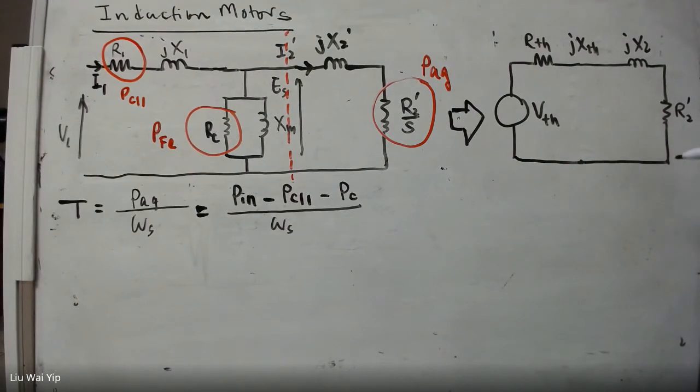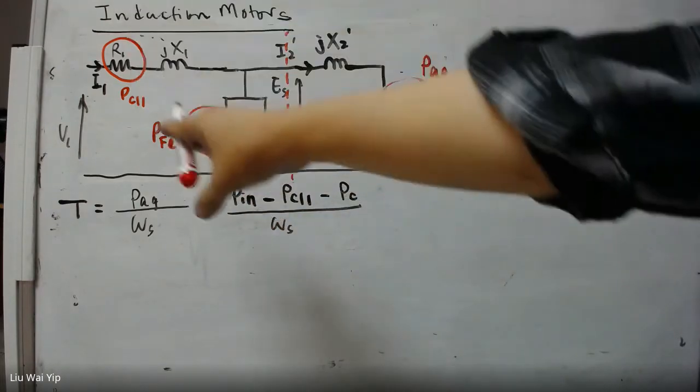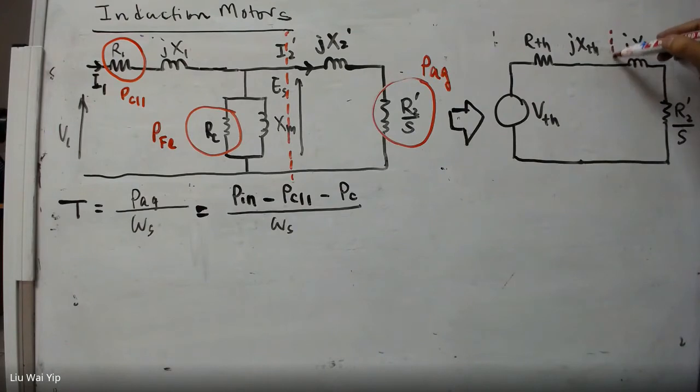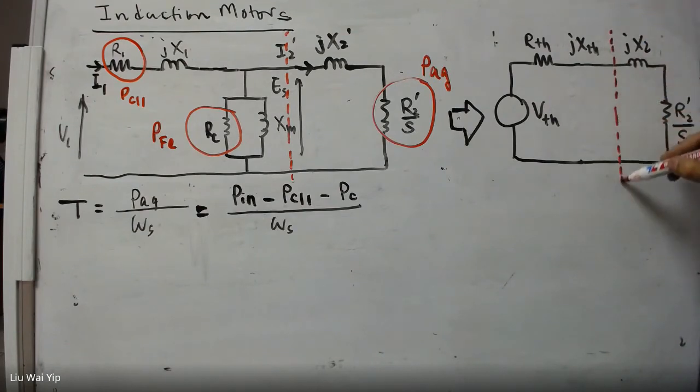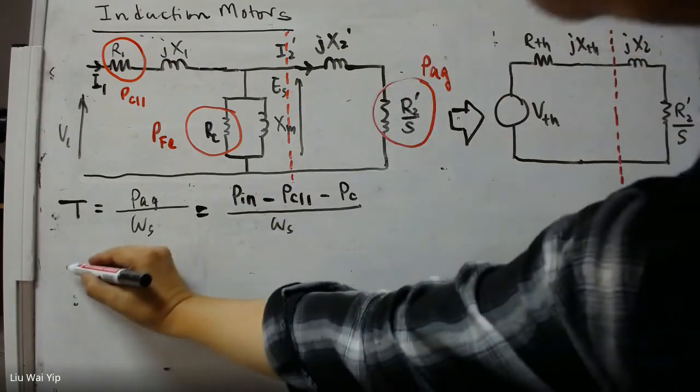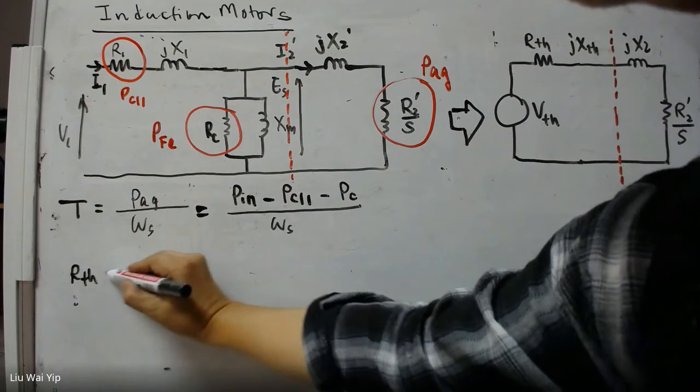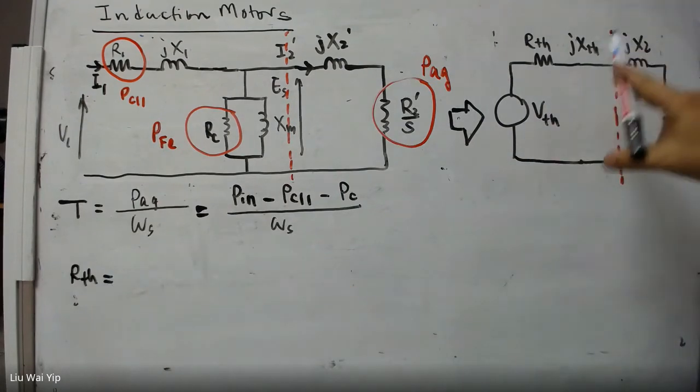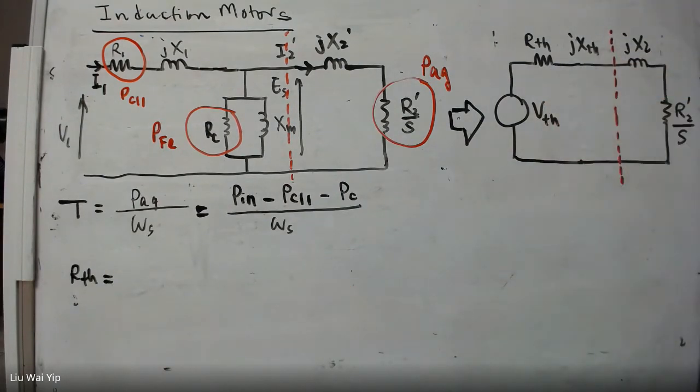The referred resistance of the rotor divided by S, where S stands for the slip. So this is the circuit we can get after the conversion process from this circuit to the Thevenin circuit. And if you do it carefully, you will find that the Thevenin resistance here is actually given by